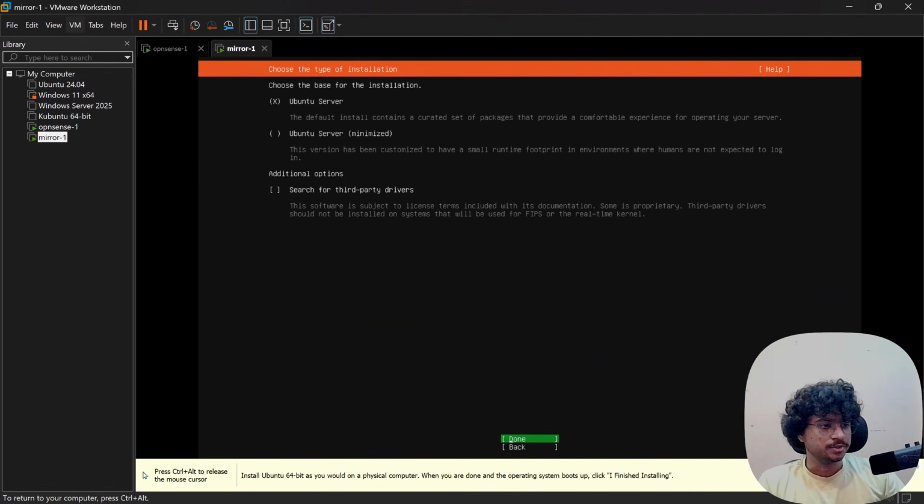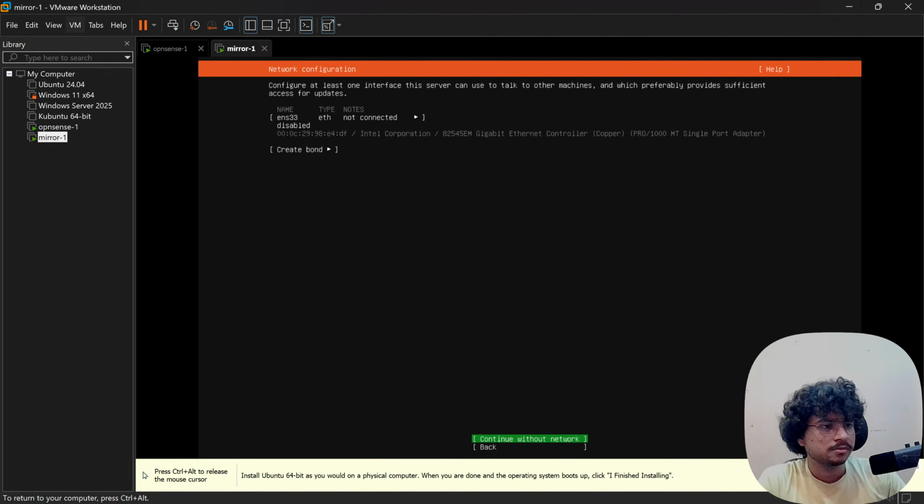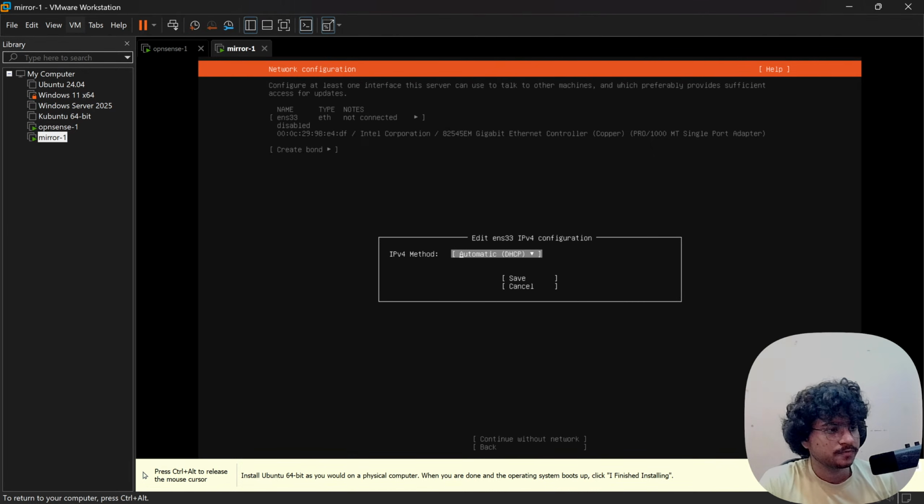Launch my virtual machine again, and this is disabled. IPv4 automatic DHCP.